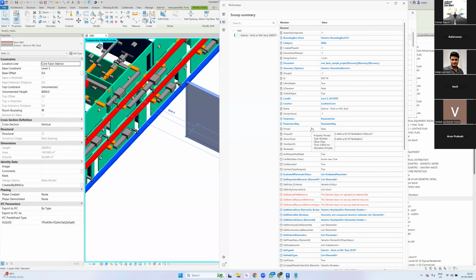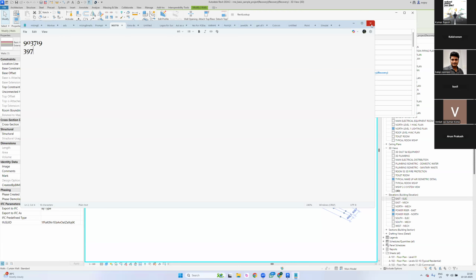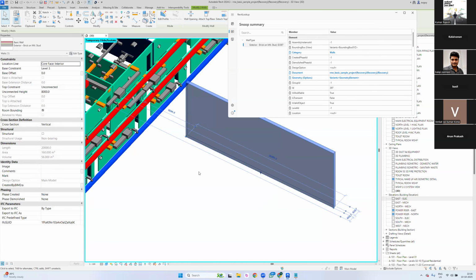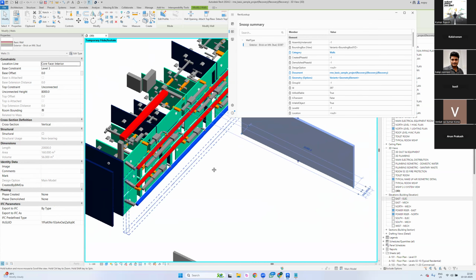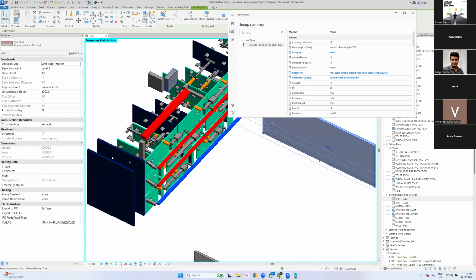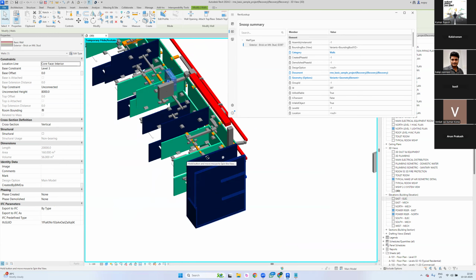Oh, I'm so sorry. It is actually a system element. System elements have another way to extract the ID information. This is a system object. Okay. So if I pick any other element, let's say I'll pick an electrical equipment,